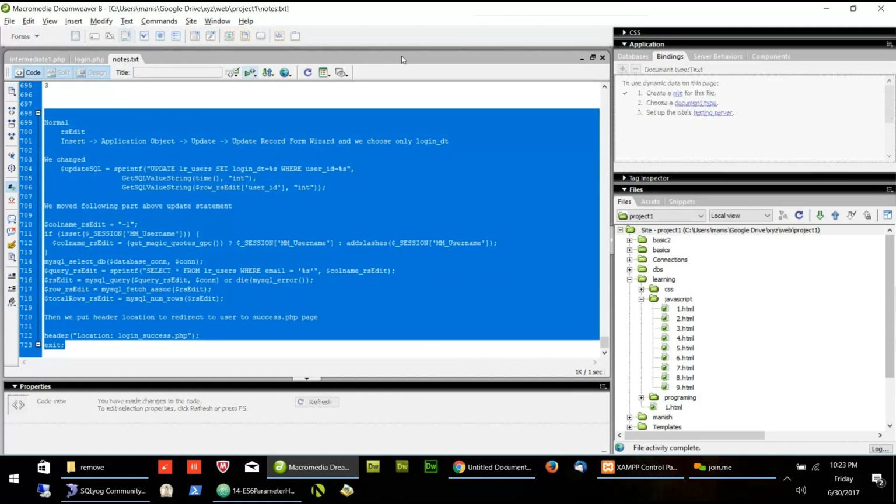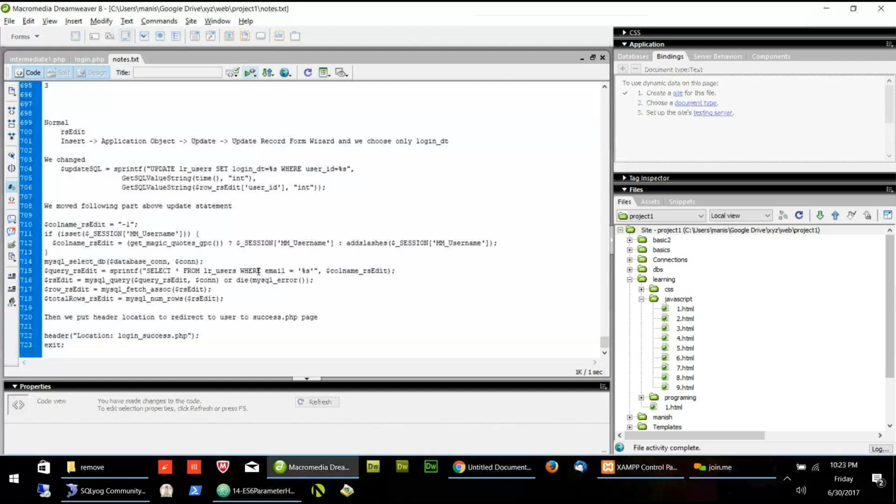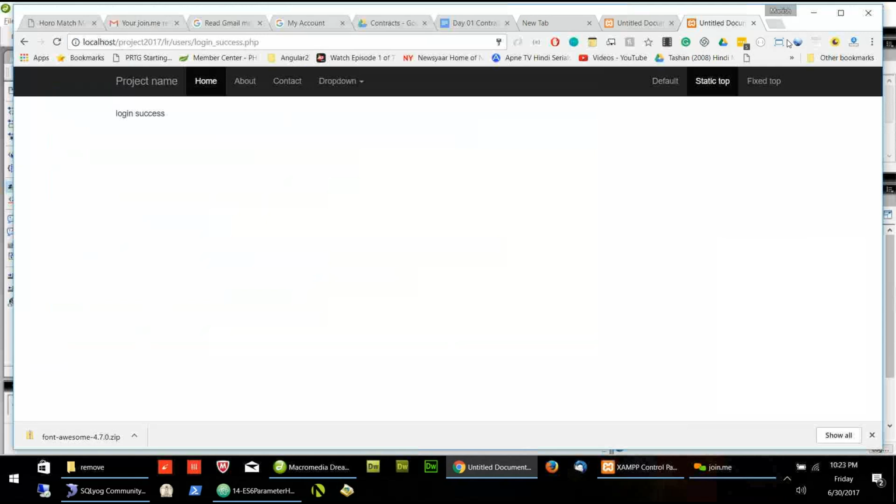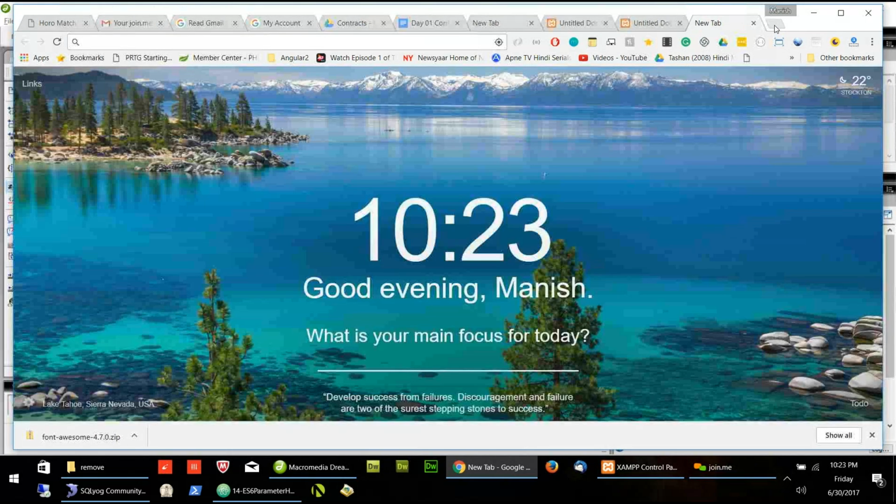Try to watch the video for this part and try to do it multiple times. This is the common way I generally update secretly. I did this in many projects. Whenever we want to do some secret thing, we do this secret thing and we direct the user to another page. I will show you one practical example where we did it.